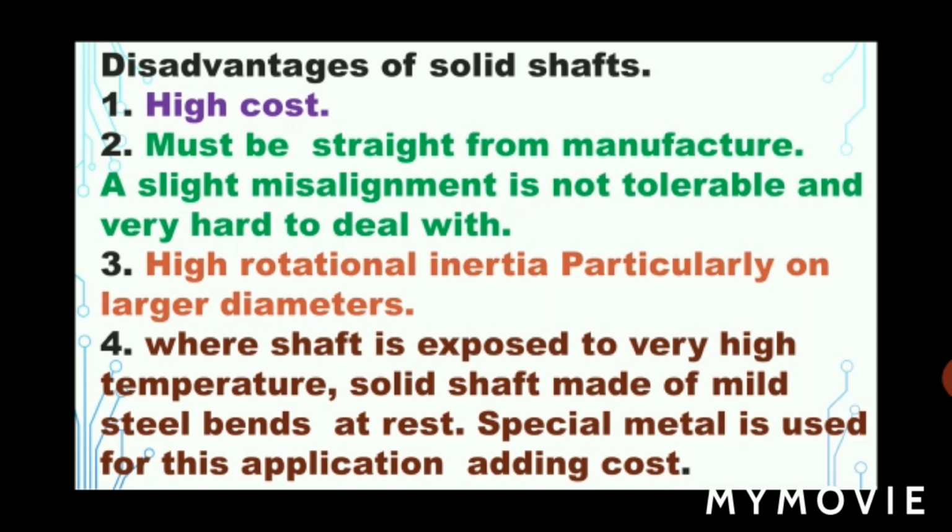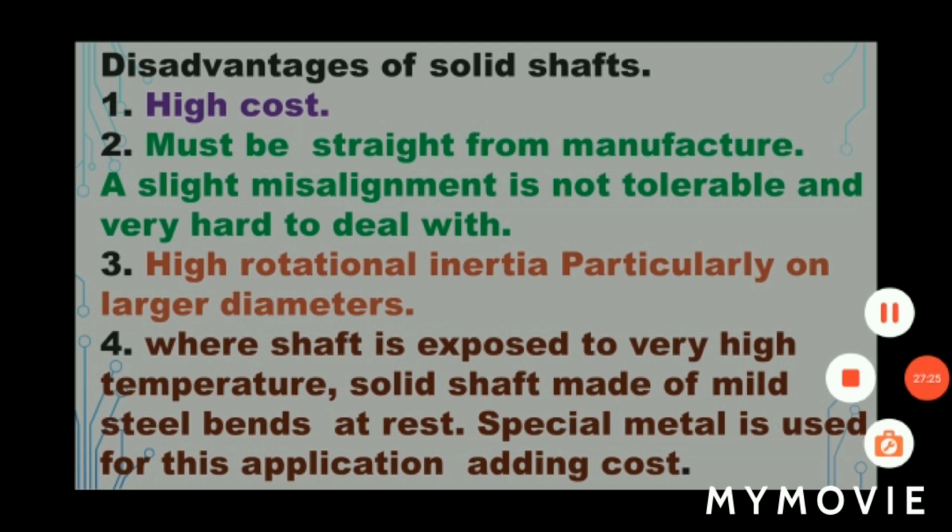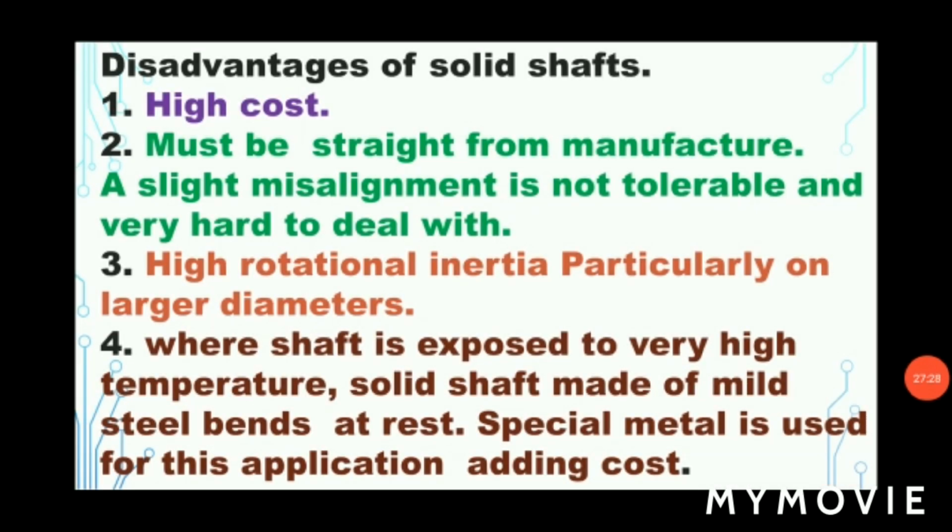Right. Now, adding another material will also increase the cost of your component. Already I told you about the cost point. So you do not go for the cheap, but at the same time you get a good result. If you add any other machine component, manufacturing process or material, it also affects the total cost of your machine component. So these are the disadvantages. Simply, you can apply these disadvantages to your hollow shaft also, right? So this is what we have in this class.